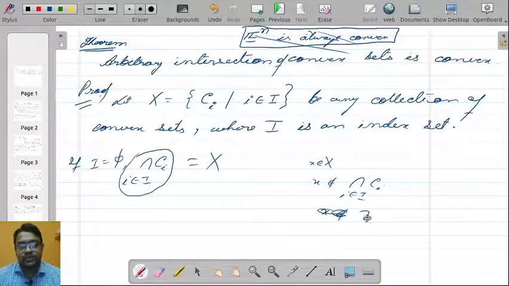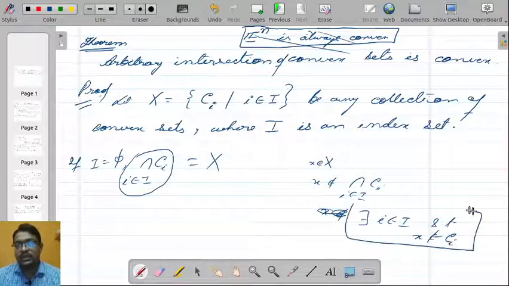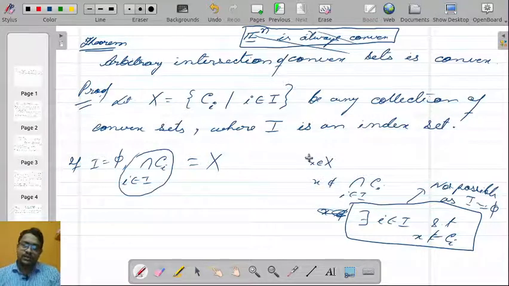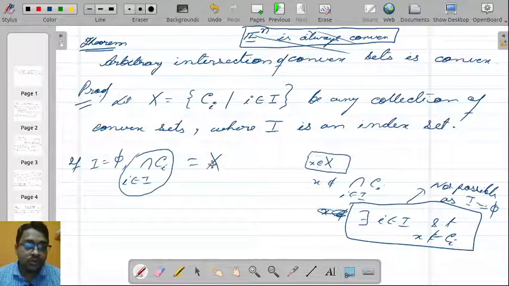So there exists an i inside I such that X doesn't belong to Ci, but this is not possible as I is the empty set, I equal to phi. So if we take an element inside this whole set X, then